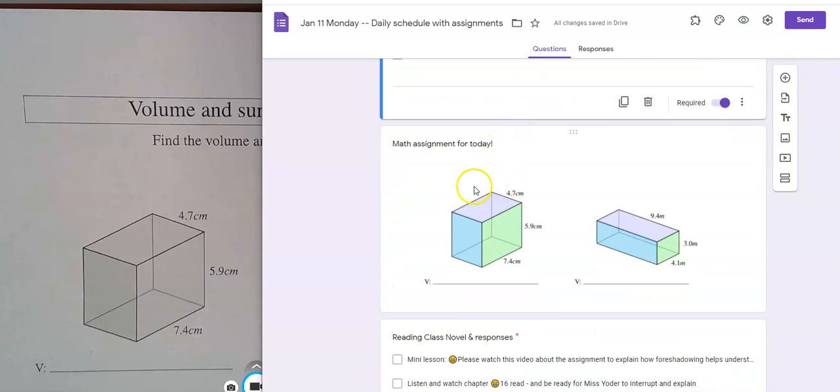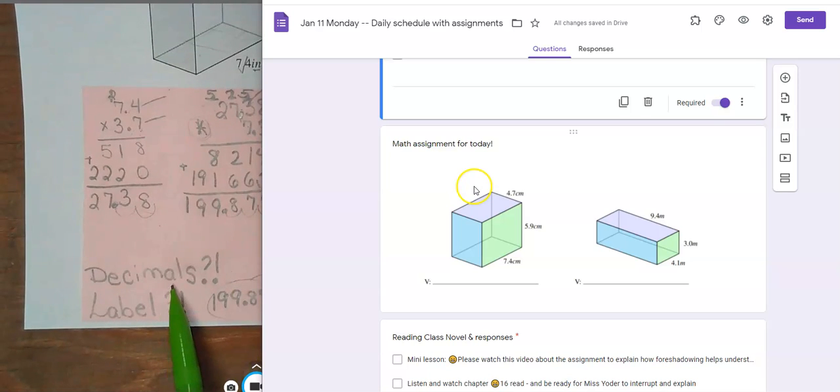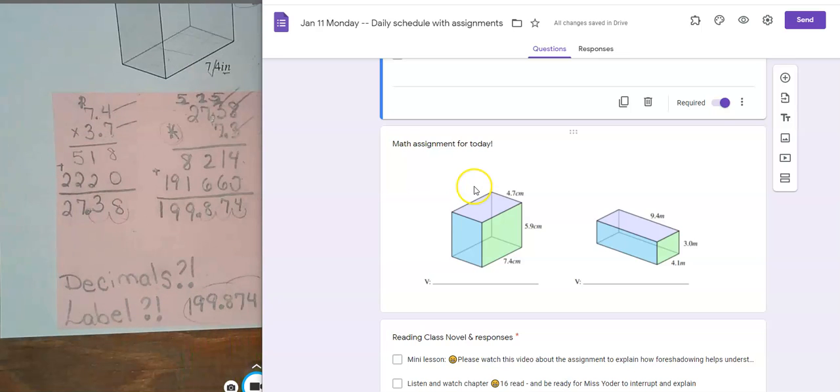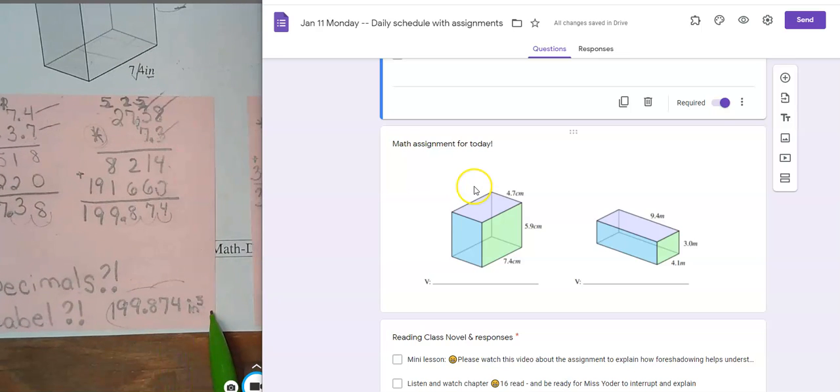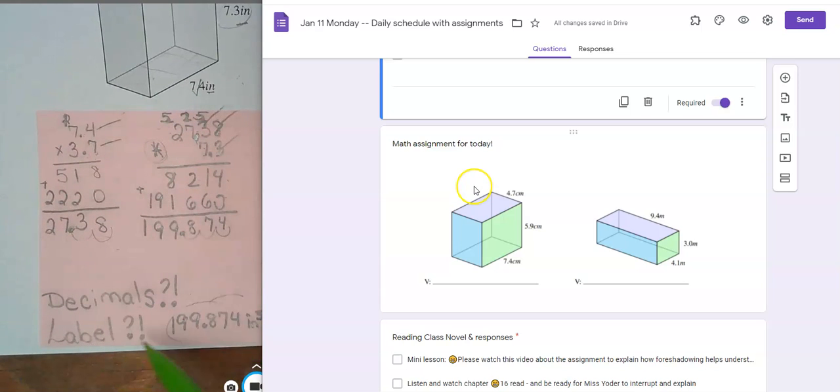You do need to show all the work, and you do need to have them correctly labeled. So after you do all the work to find them, ask yourself 2 more questions. Where are the decimals? And what should my label be? So I would like to see work like this. The first multiplication, the second multiplication, show me